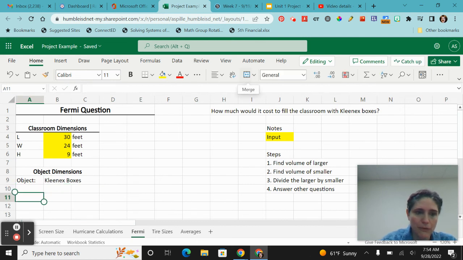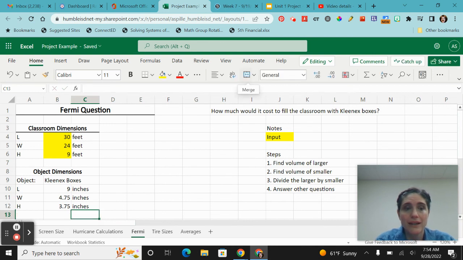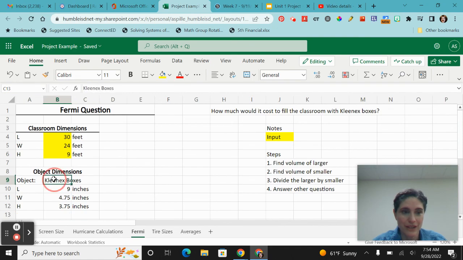Okay, so I measured this before. So again, we have length, width, and height. And it was 9 inches, 4.75, and 3.75. And these are all inches. And these are our inputs, and I'm about to run out of time. So this video is going to